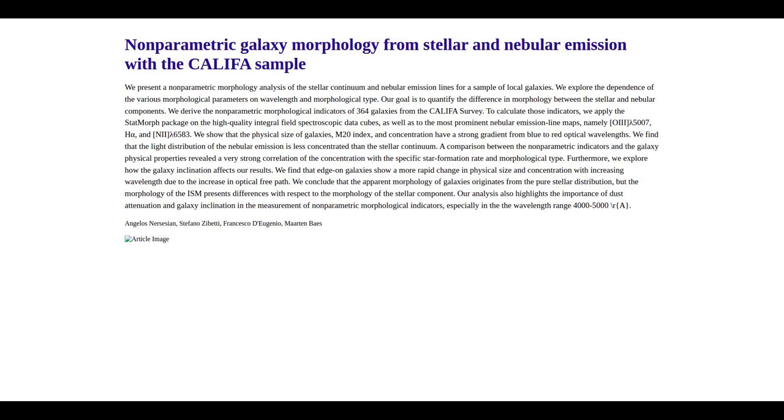Our goal is to quantify the difference in morphology between the stellar and nebular components. We derive the nonparametric morphological indicators of 364 galaxies from the CALIFA survey. To calculate those indicators, we apply the StatMorph package on the high-quality integral field spectroscopic data cubes, as well as to the most prominent nebular emission line maps, namely [OIII] λ5007, H alpha, and [NII] λ